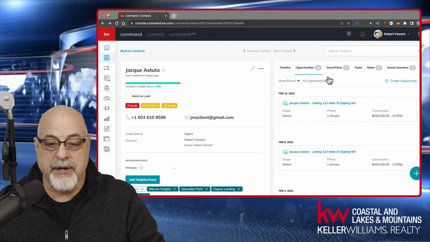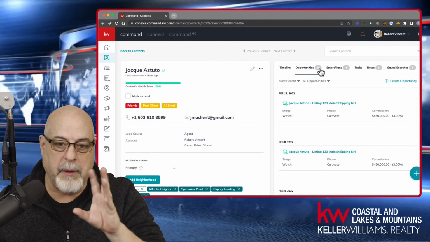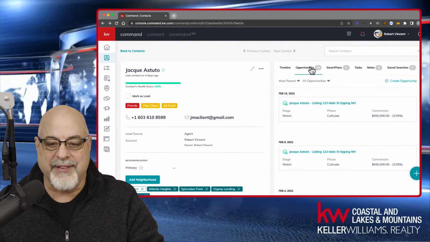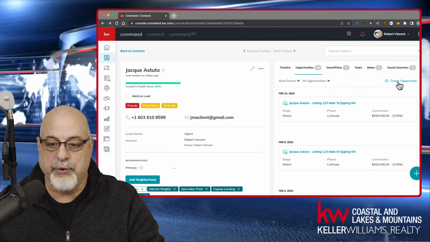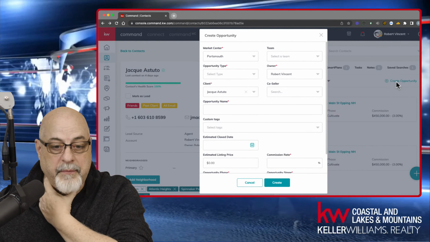If you haven't got it in here, you won't see any number next to the opportunities. It'll just be a blank area, like next to timeline. There's nothing there. But in this case, I've got 19 of them. To create a new opportunity, click on the Create Opportunity button on the right-hand side of the timeline, and the